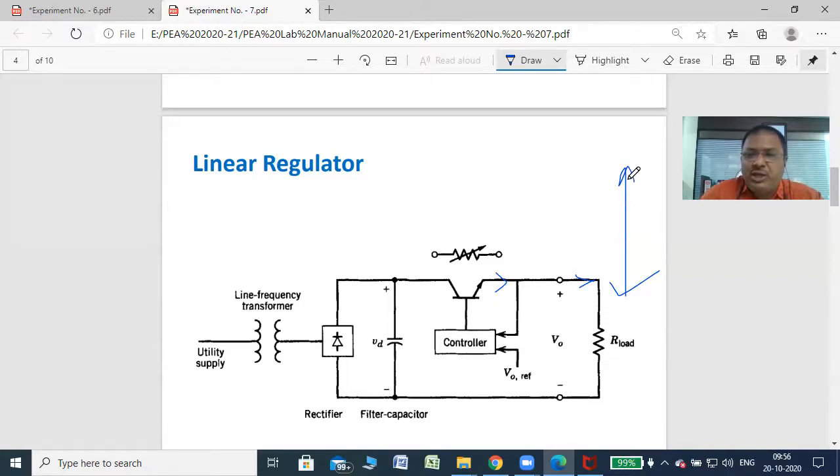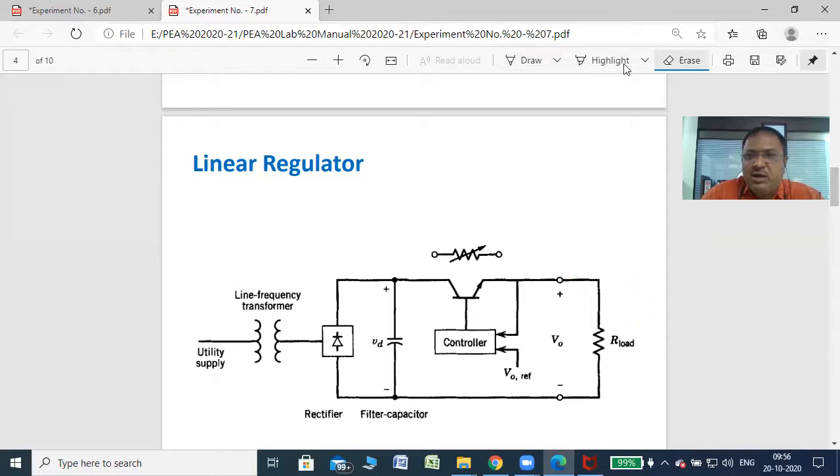So this increased voltage will appear at this input of the controller, right? This is the sampling voltage given to the controller. Whatever the increase in voltage, we can assume that the regulated constant voltage is 5 volt, but this will be increased to 6. So the increased voltage will appear at the input of the controller, so that the base current IB decreases. If the base current decreases, then IE also decreases. If IE decreases, IL decreases, and the increased voltage is again maintained at 5 volt. This is the first case, right?